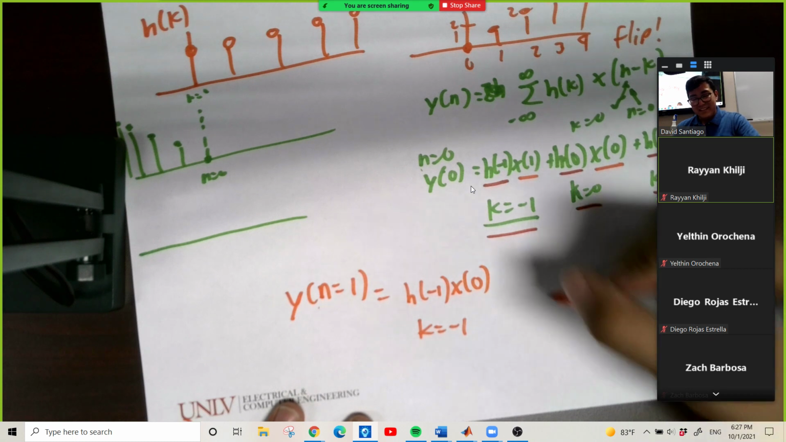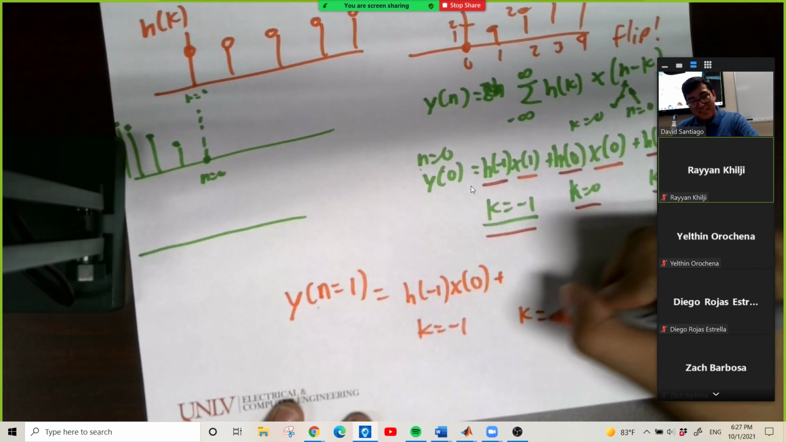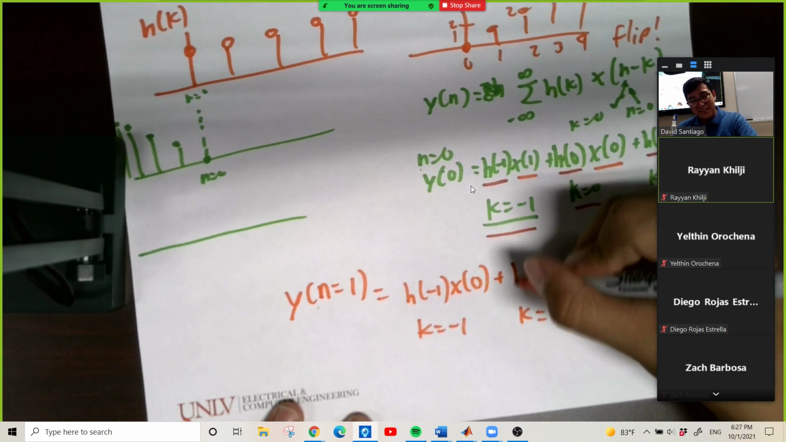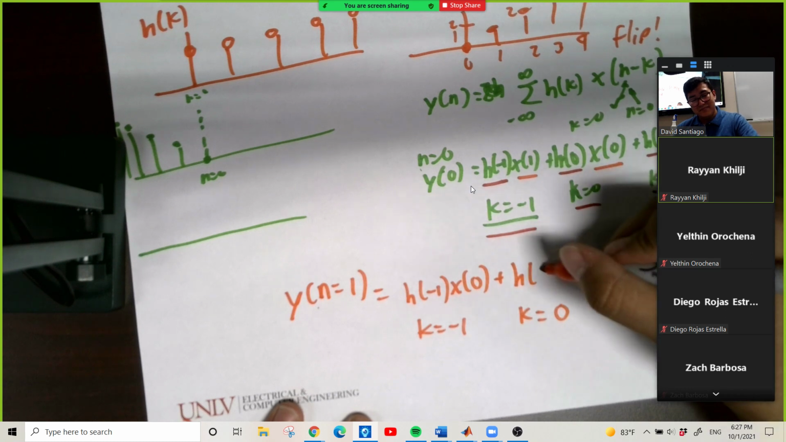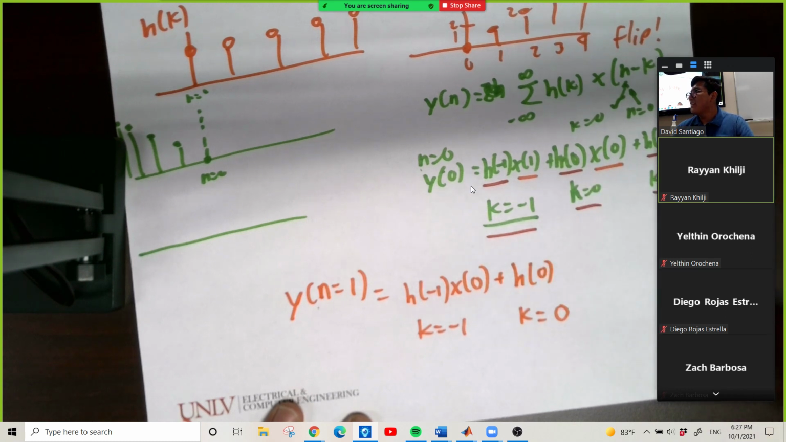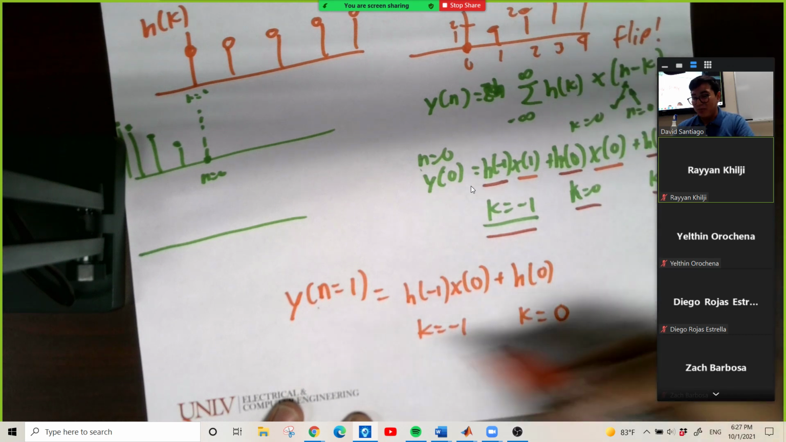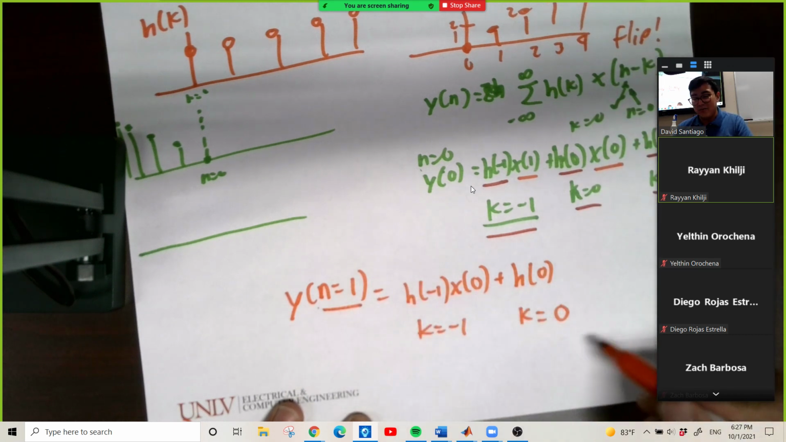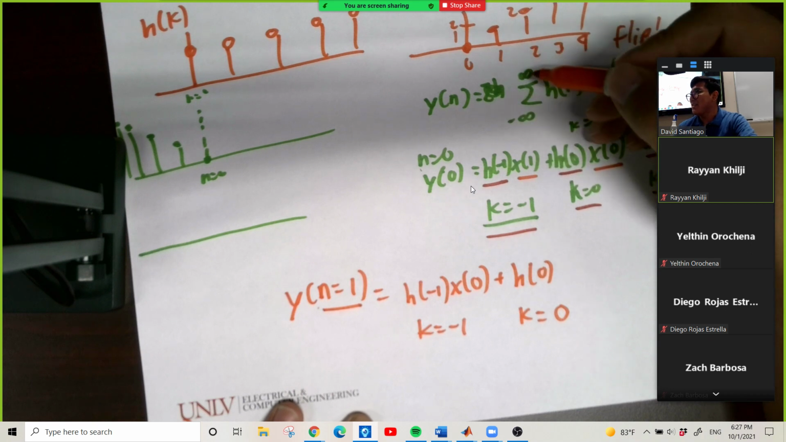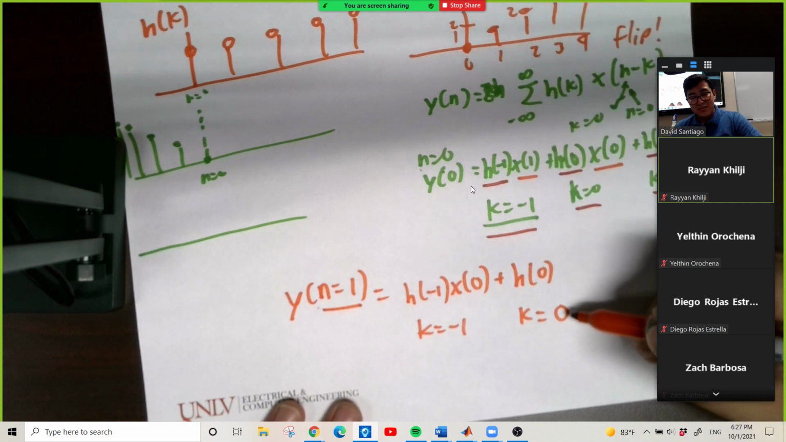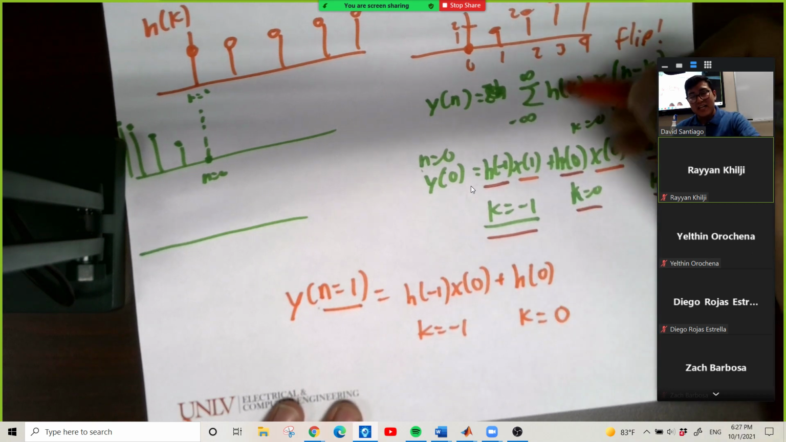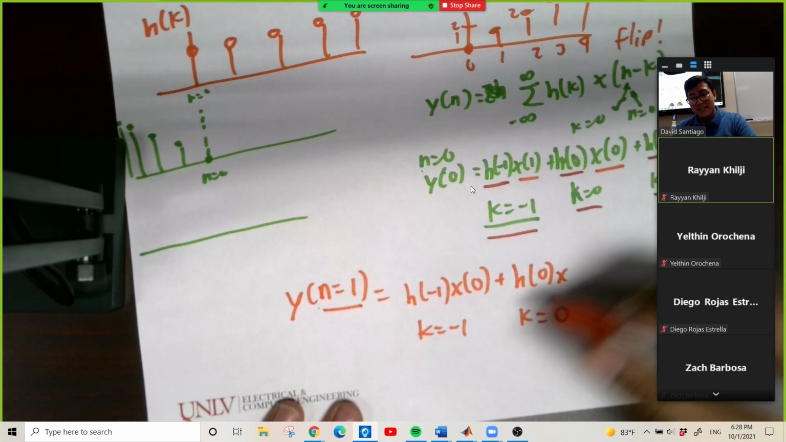Okay? Now, let's look at k is equal to 0. What do we have here? H of 0. Okay, we're looking at this. We're just sweeping k. We're looking at n as a constant value. We're just sweeping k. We're looking at the summation. So k is equal to 0. We have h of 0. All right, now we're going to have to look at x, since n is